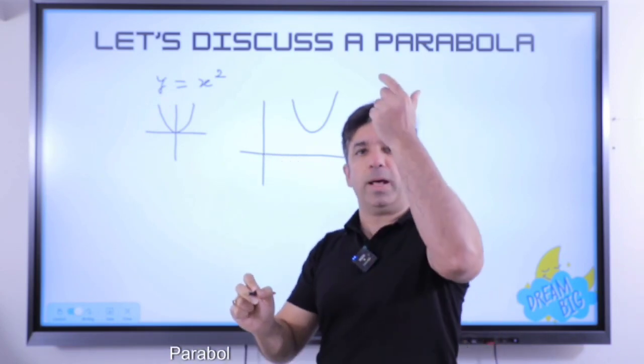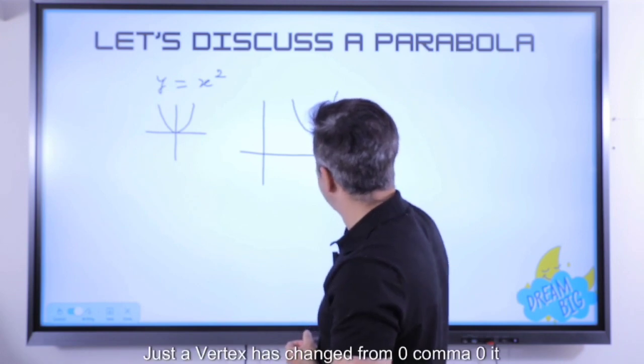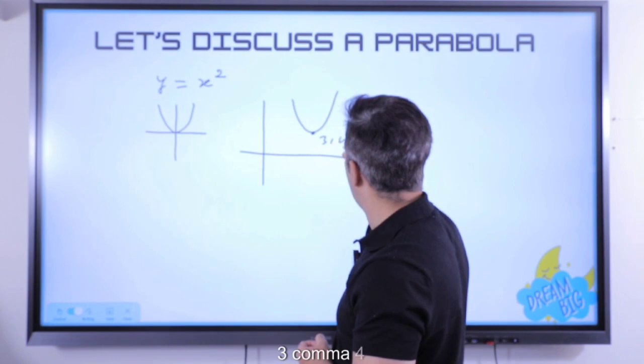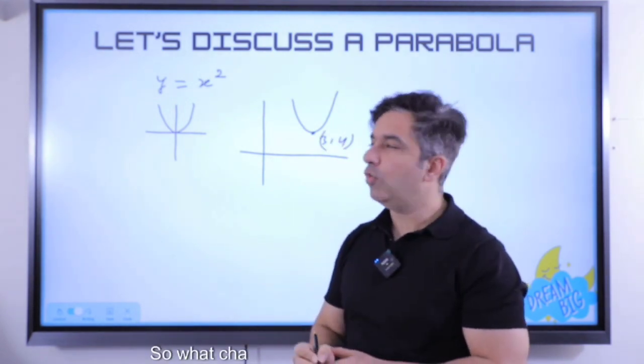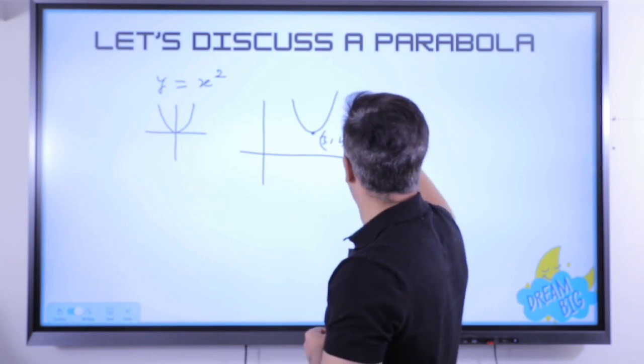It is still an upwards parabola, means it is pointing upwards. Just the vertex has changed from 0, 0. It has moved to this point 3, 4. So what change has happened? In this case, the vertex is now at the point